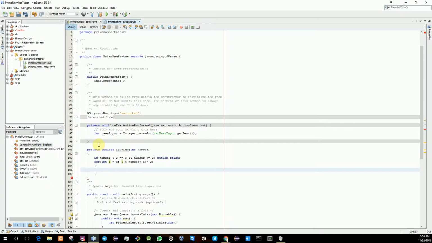The reason I am using plus equal to 2 is because we don't have to check any even number anymore, which is why I'm starting from 3 and then we increment by 2. So basically we're checking every other odd number. Now we say if the number modulo i is equal to 0,